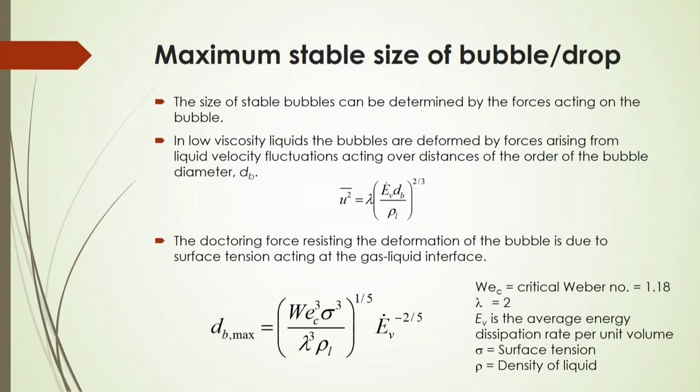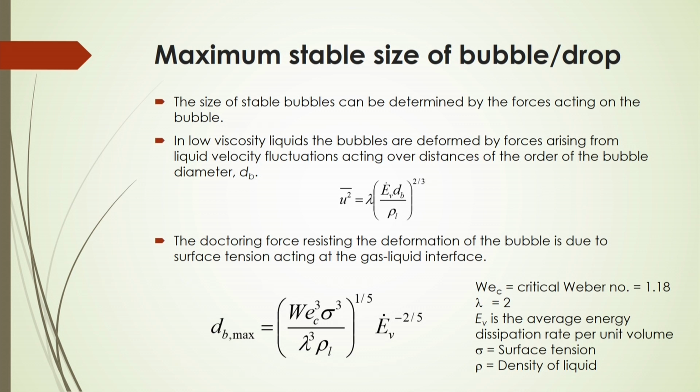So, you can follow. Now, another important aspect: if you are producing these bubbles, what would be the maximum stable size of the bubbles that can form? That depends on the viscosity of the liquids, and the forces acting on the surface of the bubbles, and the flow rate of the liquid or gas in the system, then what would be the liquid velocity fluctuations acting over a distance of the order of the bubble diameter,